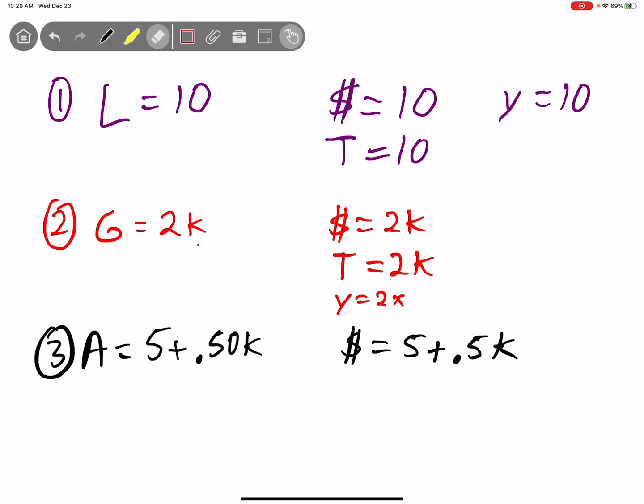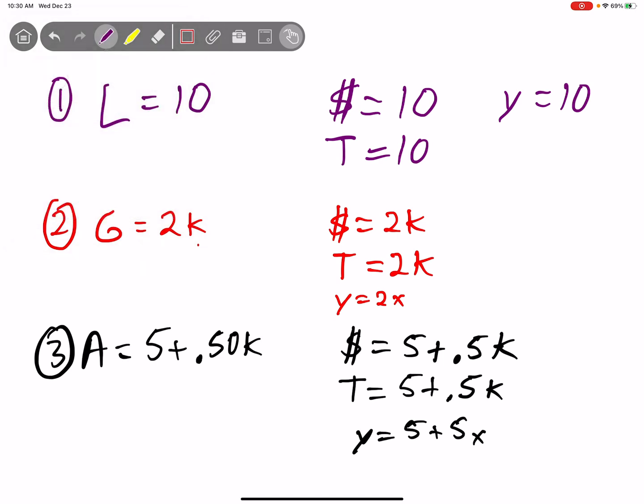I could have said that the total equals 5 plus 0.5 K. I could have said that Y equals 5 plus 0.5X. Okay? So these are the 3 equations that I got from these descriptions. Again, where did these come from? Remember,